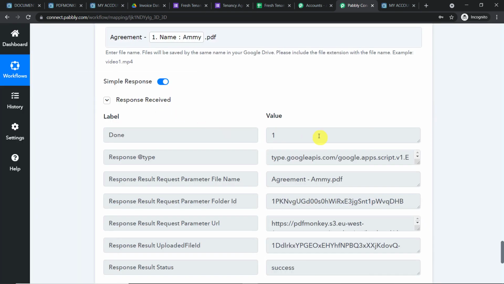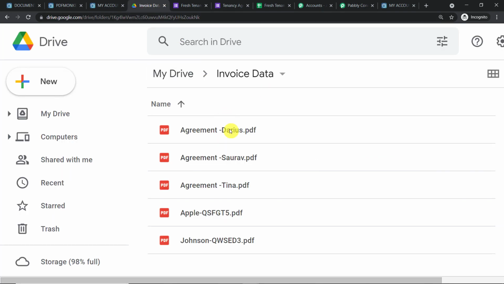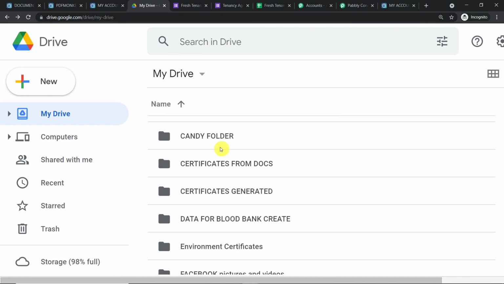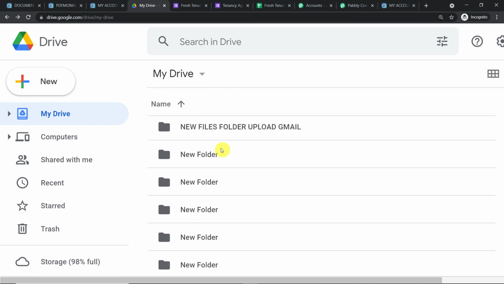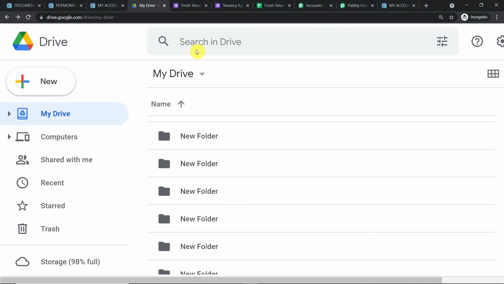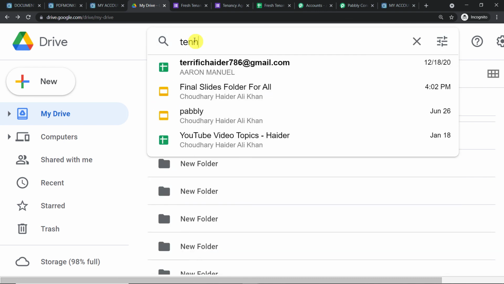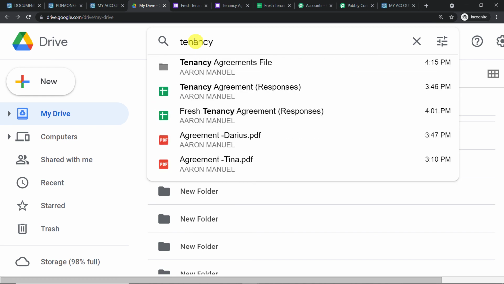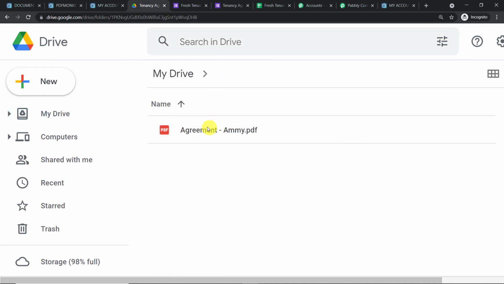Okay, so the response is a positive one. Excellent. So let's explore. Do we have a PDF called agreement-amy? The folder, if you remember, was tenancy agreement. So let's explore. Yeah, this is the folder, tenancy agreement file. And inside this folder, we have agreement-amy PDF.